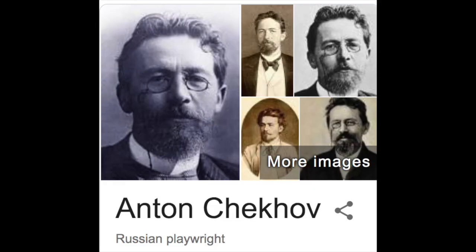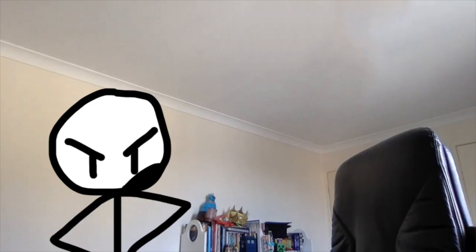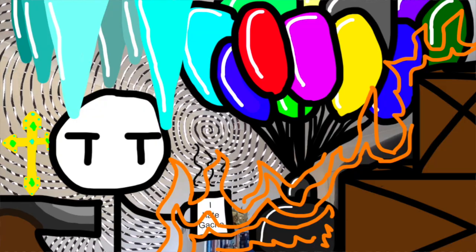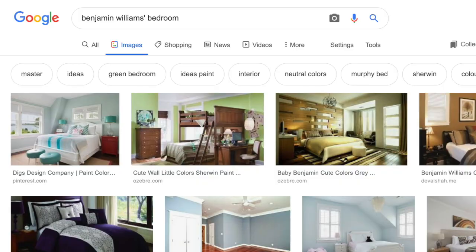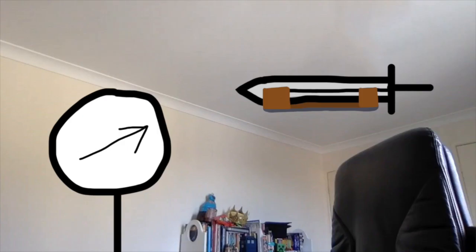Staging. Staging is the Chekhoviest of all the principles. It says anything on screen has to have a purpose in the animation, or be drawing attention to the main feature, otherwise it should all be removed. This principle is wrong, and we have to clutter the screen with pointless details. We imported this background from Google Images, and it has a sword on the wall. That's it. It doesn't come up later.